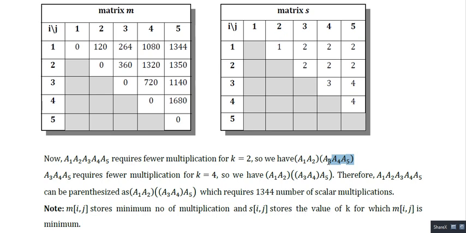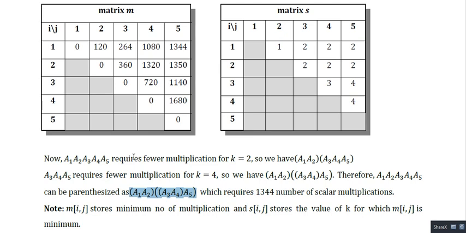Okay, so again we have to parenthesize, but what is the sequence? A3 to A5. So this will require how many scalar multiplications? A3 to A5, it will require 1140 scalar multiplications, but around which point will the parenthesization be done? You just check here, around the point 4, right? So it will be like A3 into A4 into A5. So this is the final answer. This is how we have to parenthesize the matrix sequence A1 to A5 to get the multiplication result with the fewest scalar multiplications, that is 1344, right?